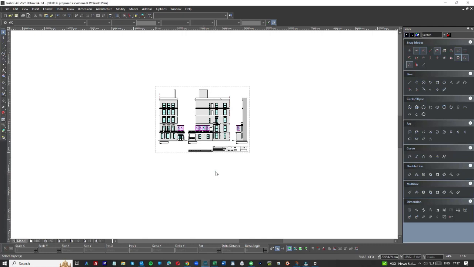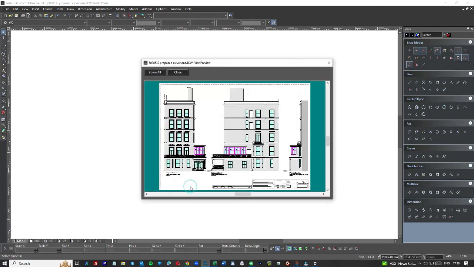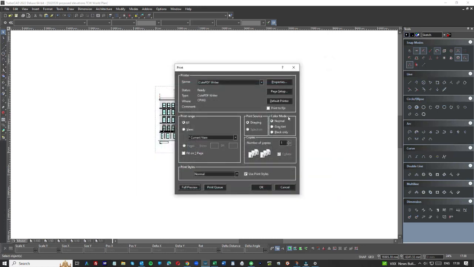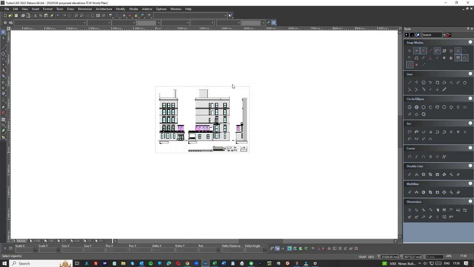So if I'm in model space, I'm not supposed to print from model space, and you'll see why in a minute. So I'll do Control P and I'll do a full preview. Now as you can see, that's lining up perfectly to print in an A3. But of course the only reason that's happening is that it's in the correct space, in the correct position within the model space. So if I was to just copy and paste that